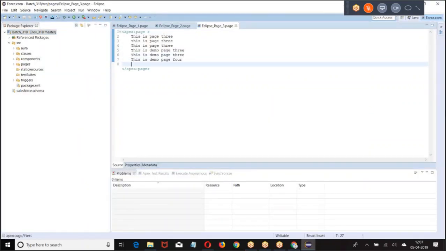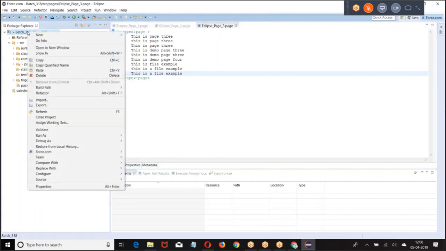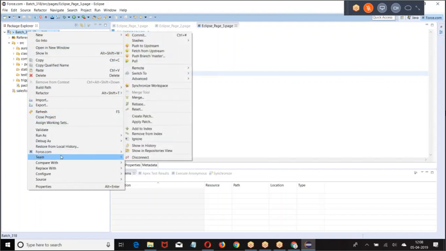I was making some changes. I made some changes. Now I want to maintain a server-side repository. Give a right click. Team. Now push to upstream or push to branch master.